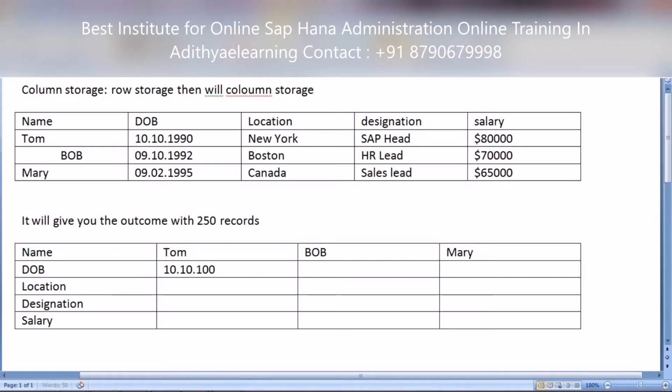DOB 10/10/1990. Location: New York, Boston, Canada.